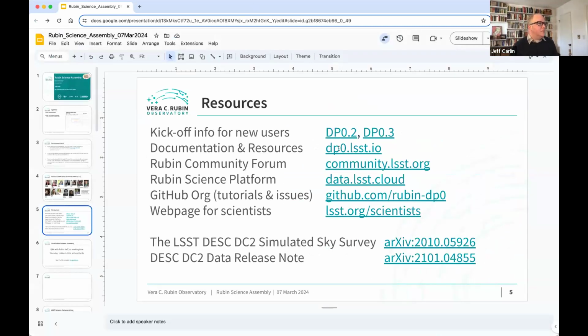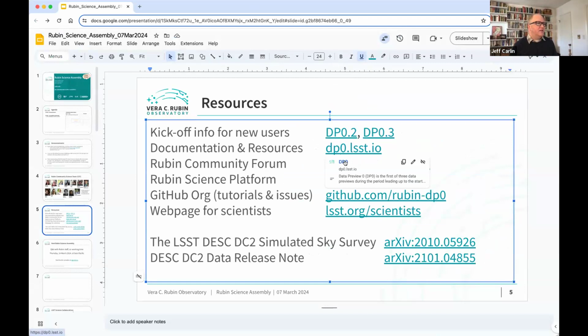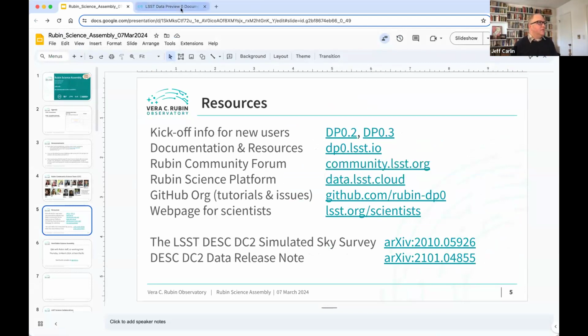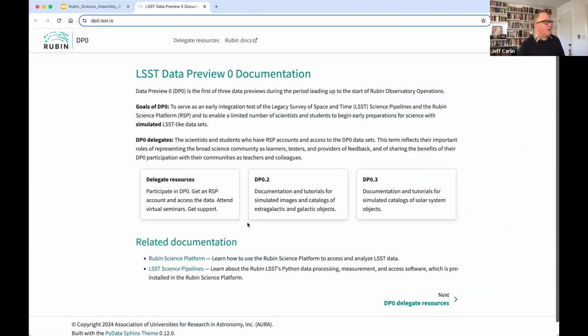So I'm going to start off here by moving over to our newly launched website at dp0.lsst.io. And this is what it looks like when you reach the splash page.